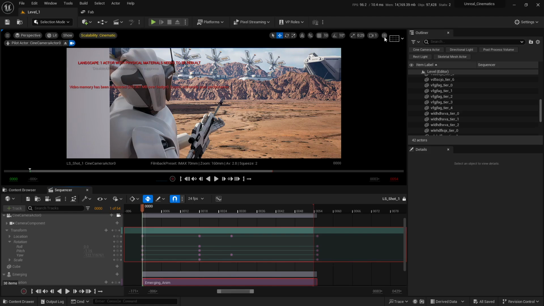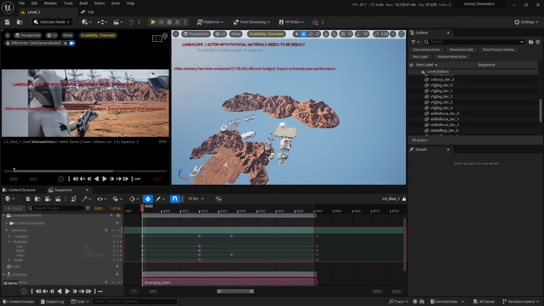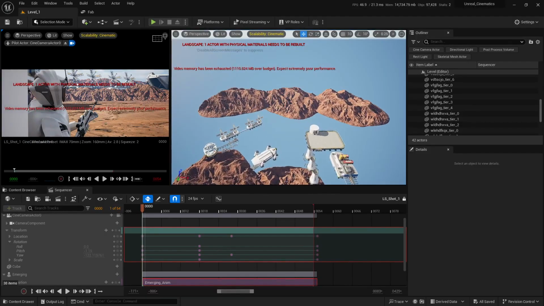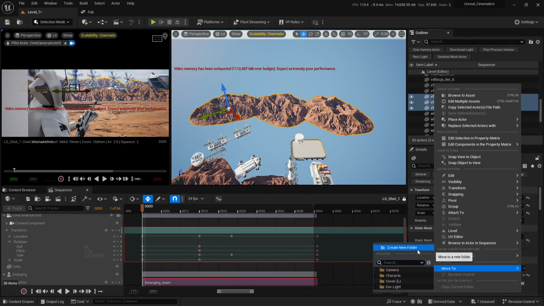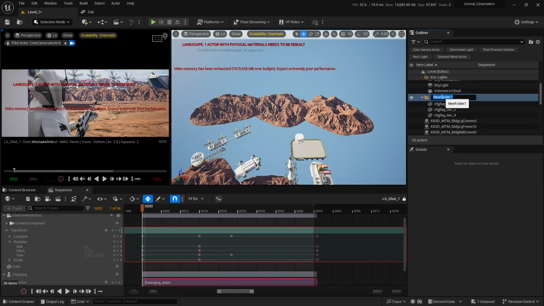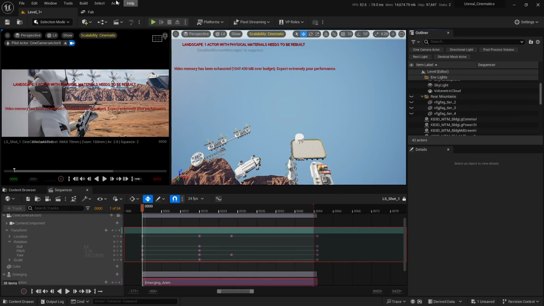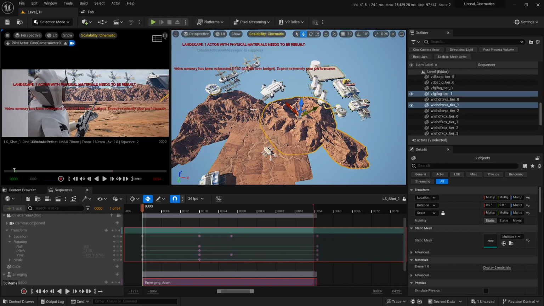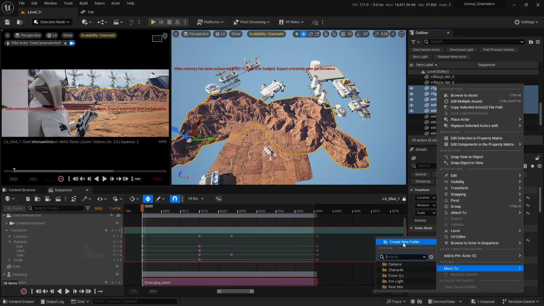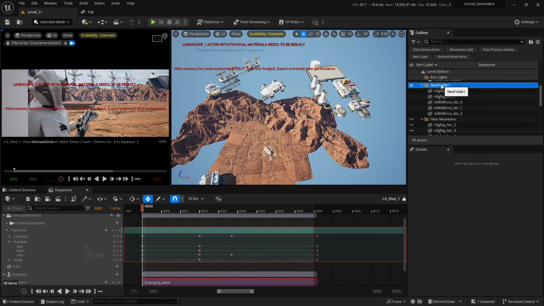Let's now split the screen, and I think we should now organize the outliner, okay? So what I'm going to do in here is to select these 3 mountains, and I'm going to move them to a different folder. Let's rename this folder as Rear Mountains. I'm going to hide this thing, and I'm going to do the same thing in here as well. Let's select these mountains in the front, and I'm going to move them to a different folder. Let's rename this as Front Mountains. Okay, I'm going to hide them,